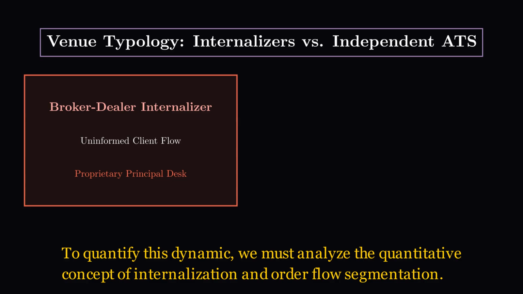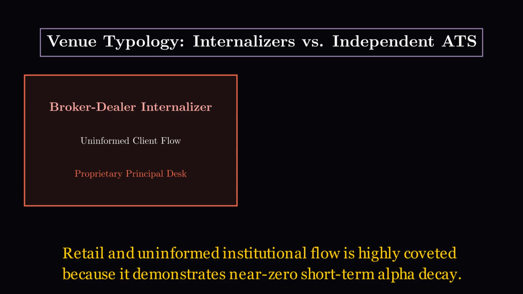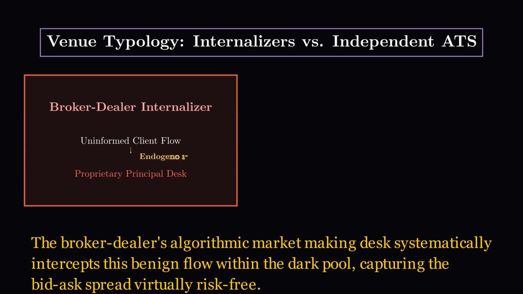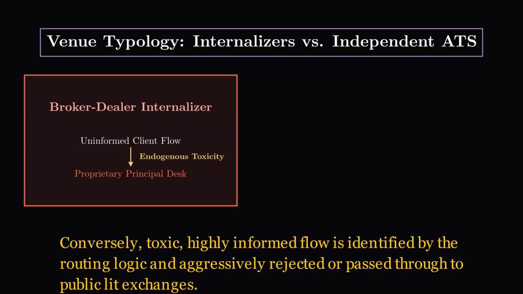To quantify this dynamic, we must analyze the quantitative concept of internalization and order flow segmentation. Retail and uninformed institutional flow is highly coveted because it demonstrates near-zero short-term alpha decay. The broker-dealer's algorithmic market-making desk systematically intercepts this benign flow within the dark pool, capturing the bid-ask spread virtually risk-free. Conversely, toxic, highly informed flow is identified by the routing logic and aggressively rejected or passed through to public lit